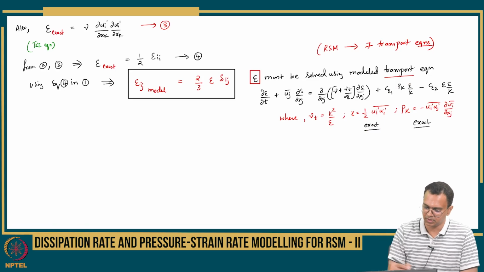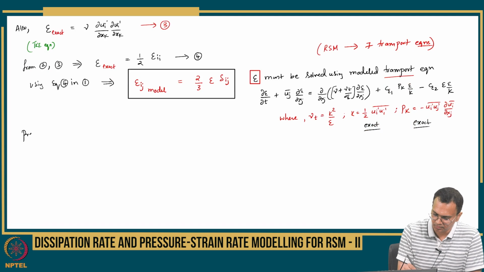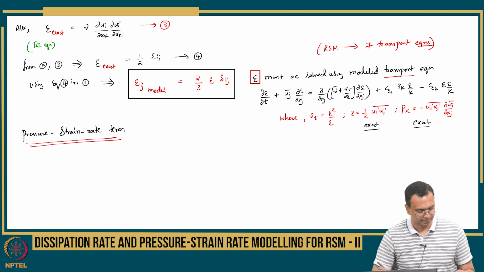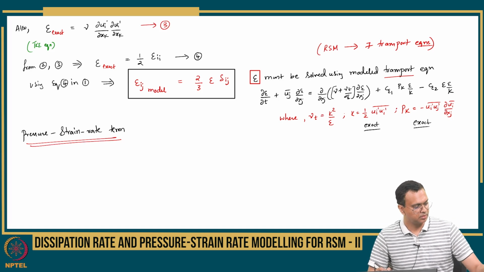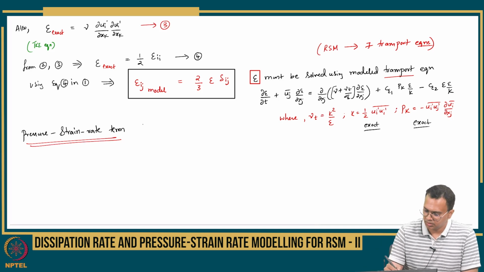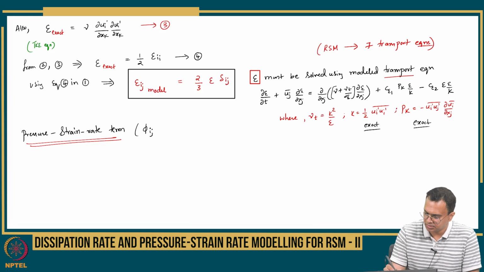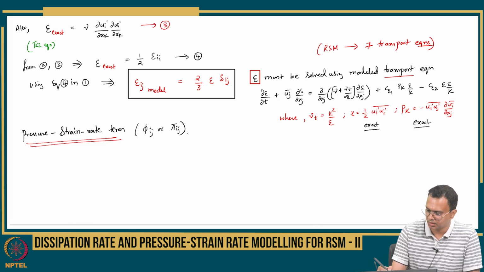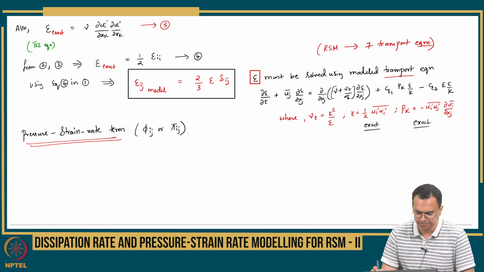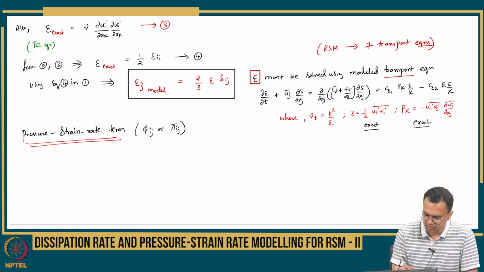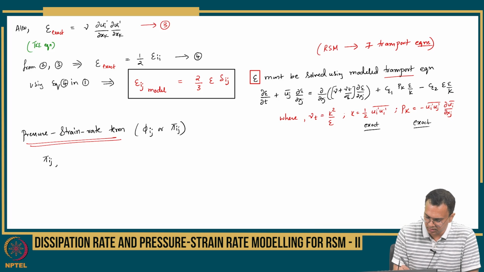So what we have left with is the fourth term, which is the pressure strain rate term. So what did we call this? I think we used either phi ij or pi ij term. In literature you will see both the symbols being used. Okay, so the pi ij exact,